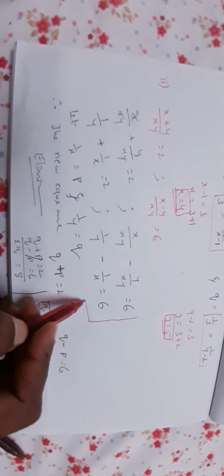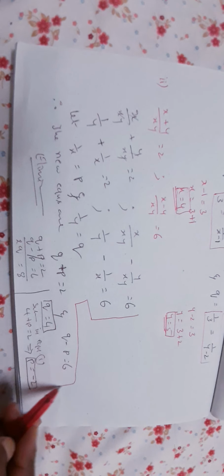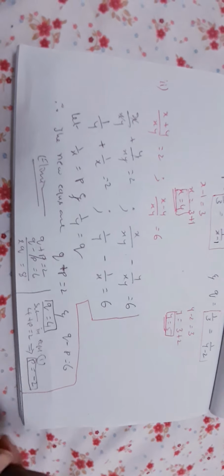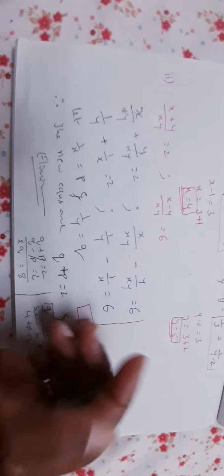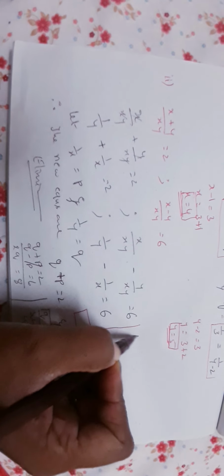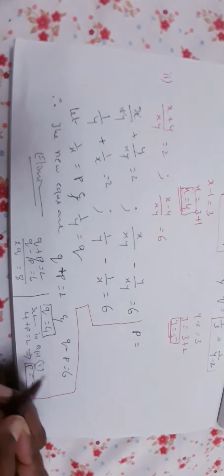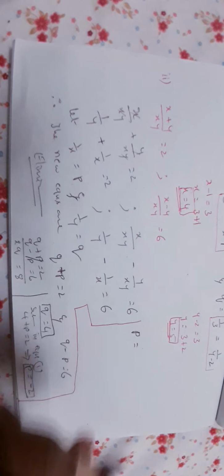We have to find out x and y. Our job is not to find only p and q. P and q we are determining in order to find x and y. So what is the next part you have to do? We have to equate p. Now p is equal to, what is p is equal to? You got p is equal to minus 2,